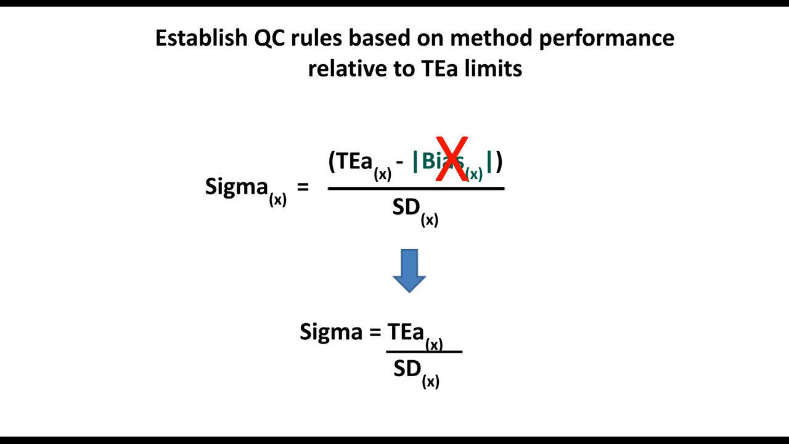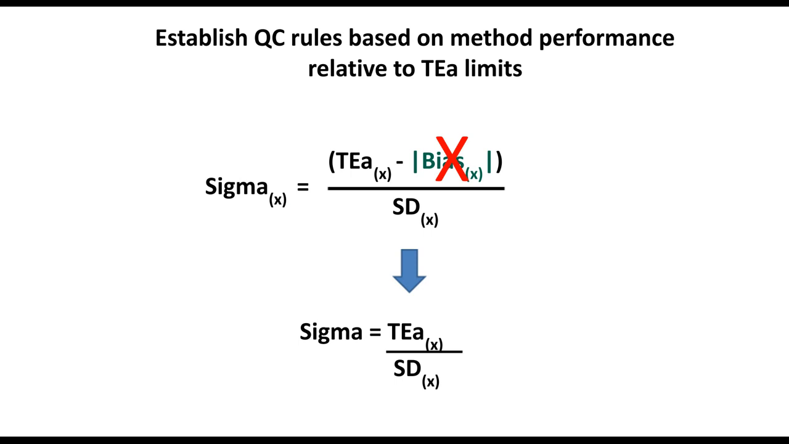Another way to prevent clinically significant errors is to ensure the QC alert rules are set appropriately to catch errors before they become clinically significant. So one strategy is to base the rules on the sigma metric. The sigma metric relates analytical performance, or bias and imprecision, to the allowable total analytical error, as shown by this